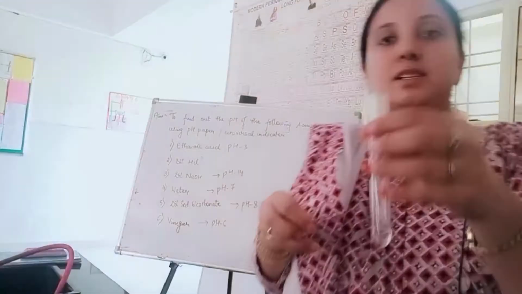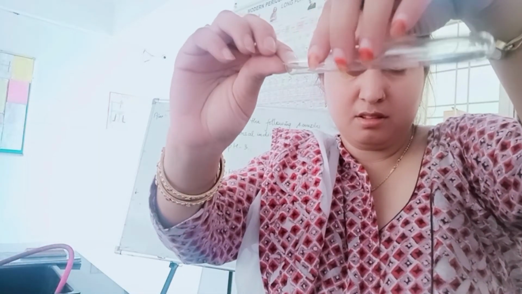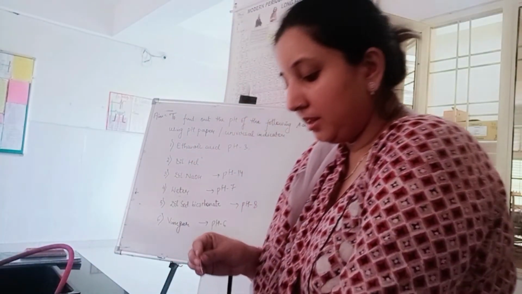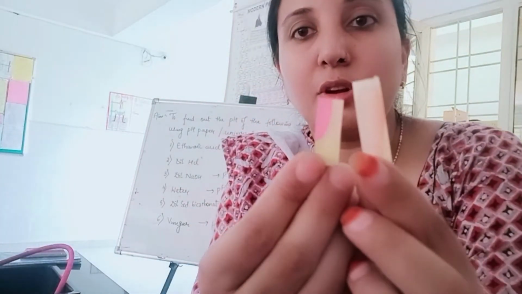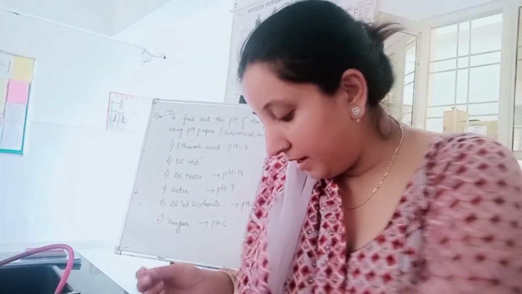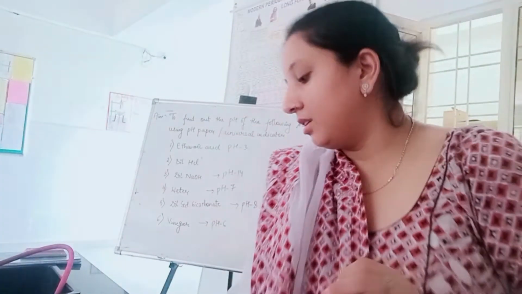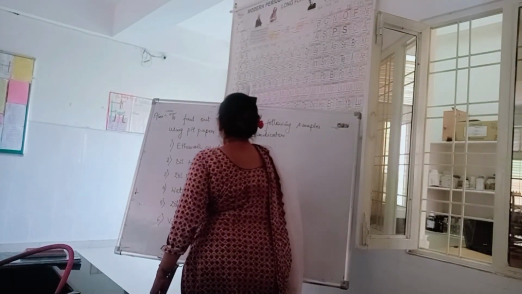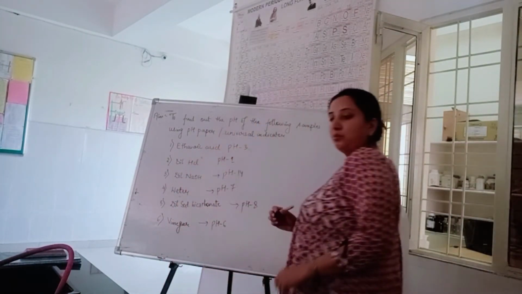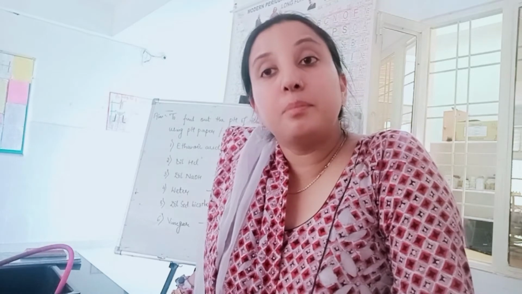And last, I am taking the dilute HCl. This is my dilute HCl. If you look, its color is darker than the color of the ethanoic acid. You are able to distinguish between both the colors. See, it is orange and towards the reddish in color. So looking over here, its pH is matching to 1. So the pH for your dilute acid is 1. Okay. In this manner, we recognize the pH using a pH paper.